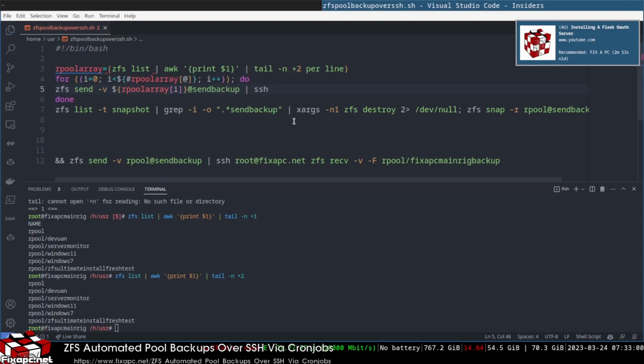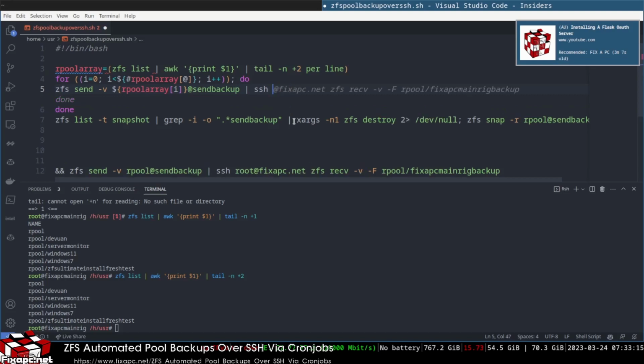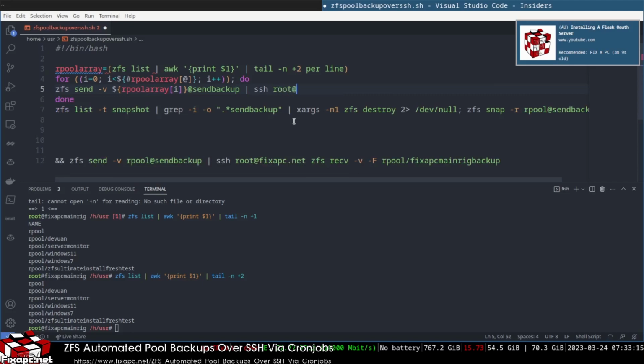There you go. And then you're going to do your server name here. So I'm going to just put root like that. And then